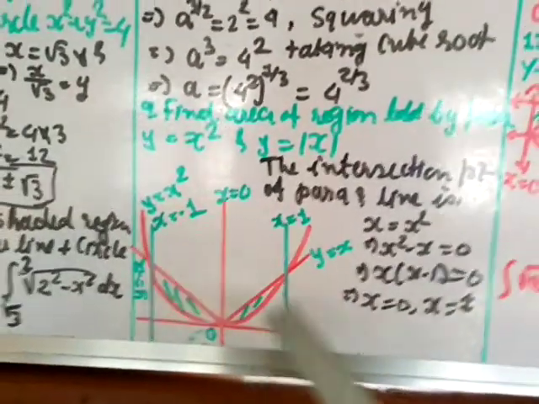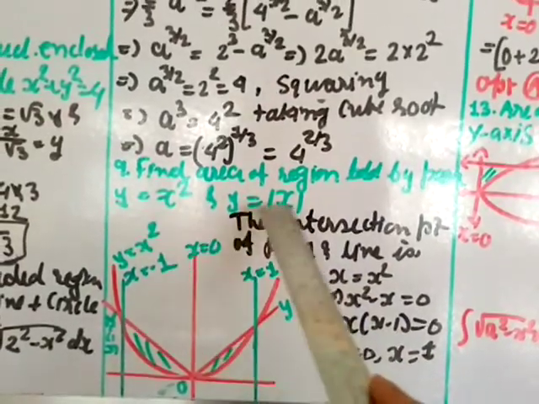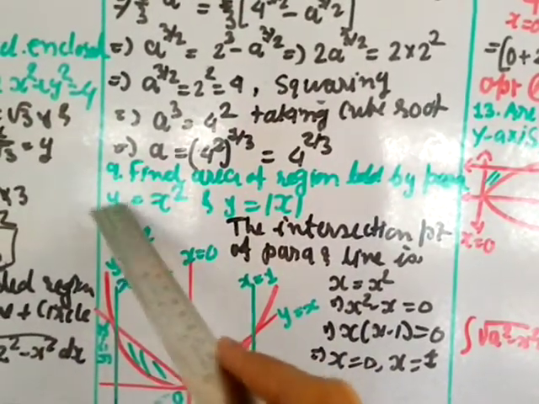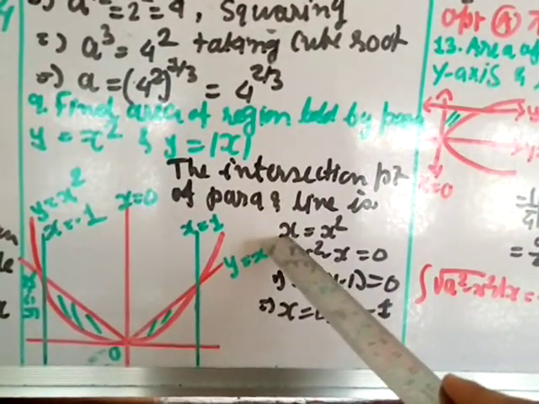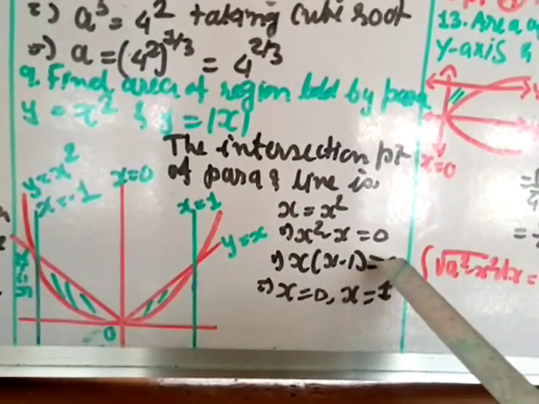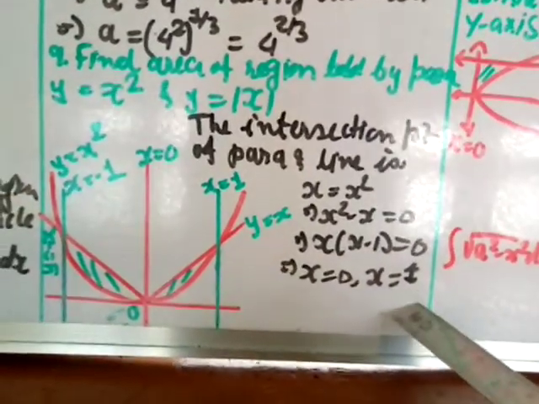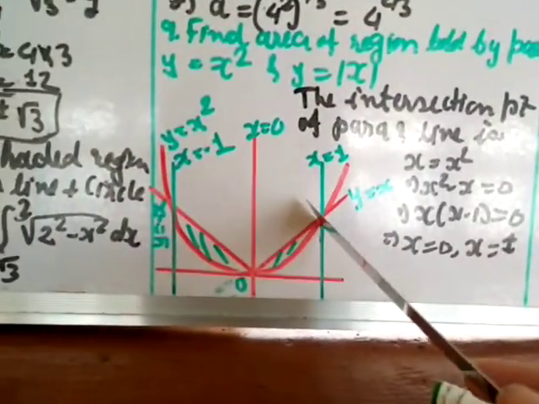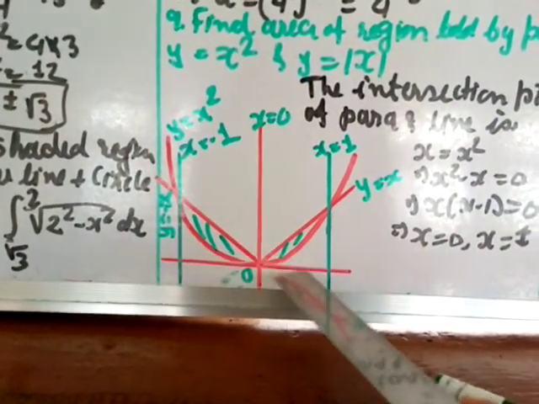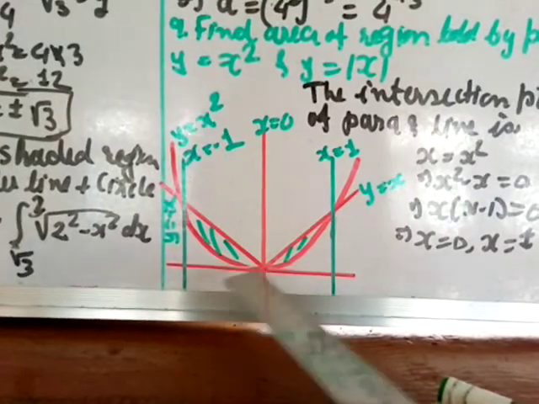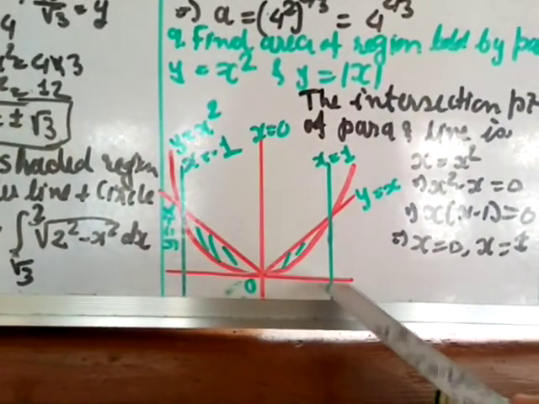Okay, the intersection point of the parabola and line: now I am going to put y value as x here. So x square is equal to x, you transfer here, so x square minus x equal to 0. Take x common, so x into x minus 1, so x value is 0, x value is plus 1. Plus or minus 1 because this side is 1 and this side is minus 1. But I am going to consider the first because these two should be similar. Both the areas will be similar, so this is what I am going to consider. Plus 1. So 0 to 1, this much area, so this area is bounded.